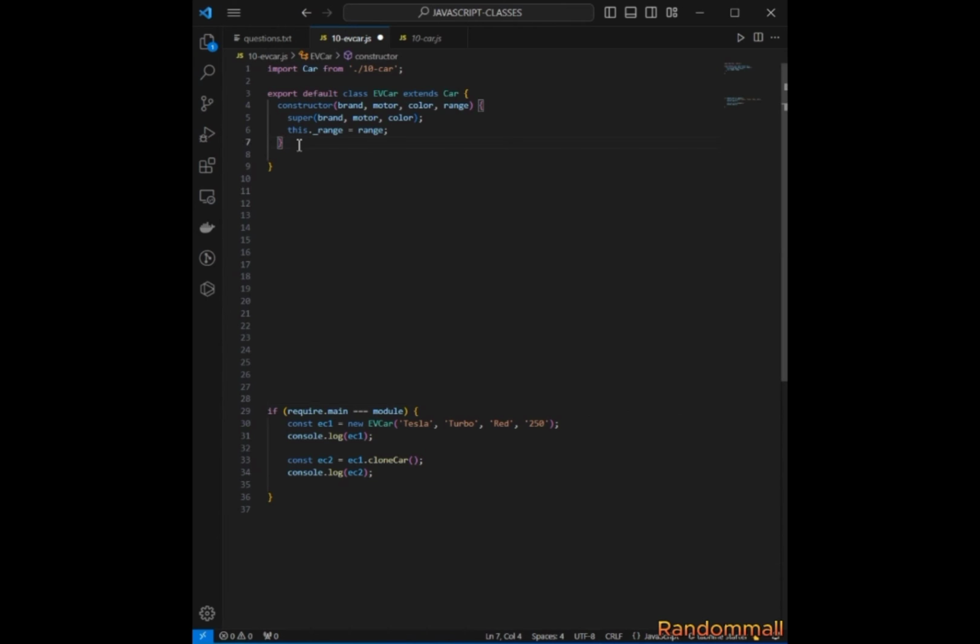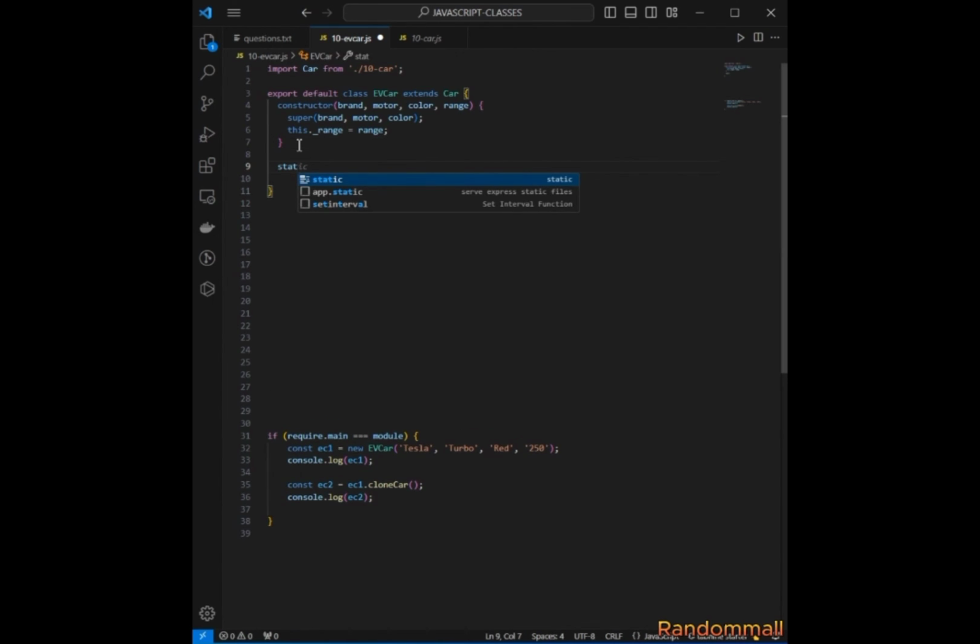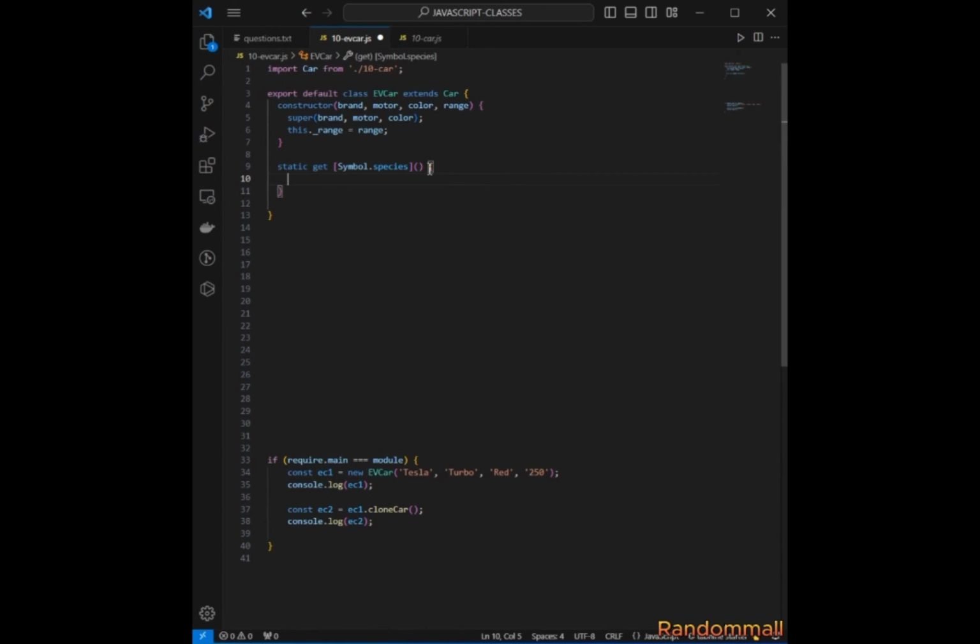So to do this, we are going to have to override the symbol.species property, and then what we are going to do is to return car,